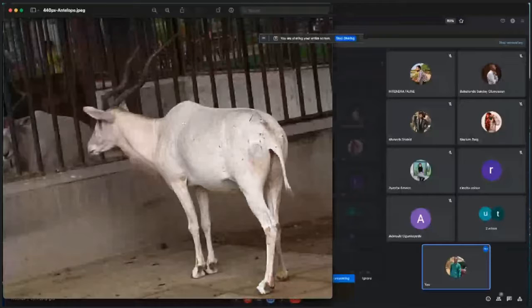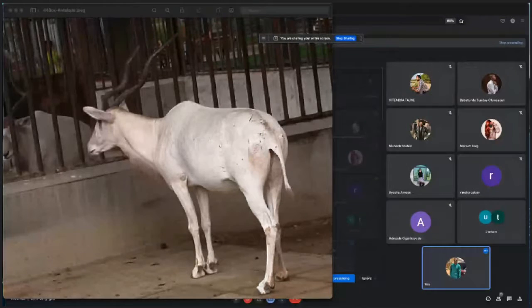Anybody want to try? Yes, this is a cow. I think so, but the horn is different from a cow horn.